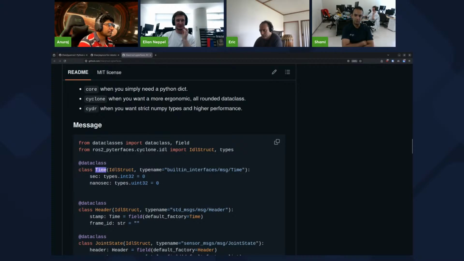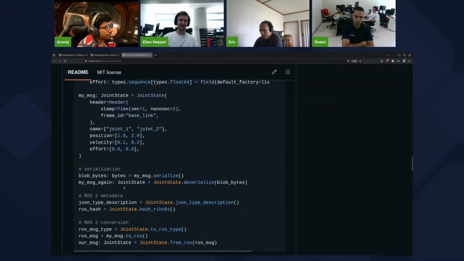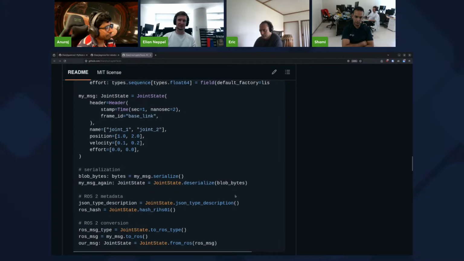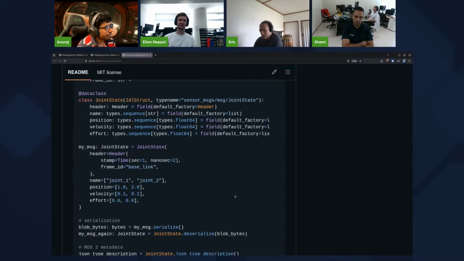You say, okay, I want this Time message that is available in ROS. You just need to name it the exact same way as in ROS. You say, okay, my seconds are this data type, this is this data type. You do not need to compile anything. And then you can serialize those bytes, deserialize them, and send them to ROS or anywhere else. Whereas the alternative that is available in ROS is, in my opinion, when I use Python, I don't want to compile some C code and have an entire workspace just to send some bytes.